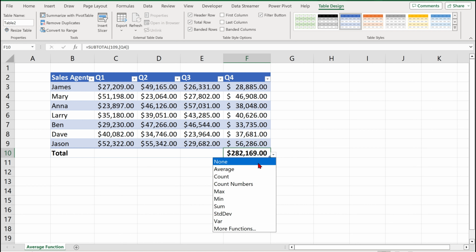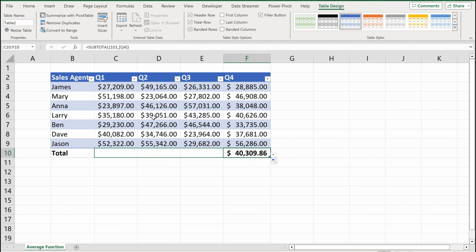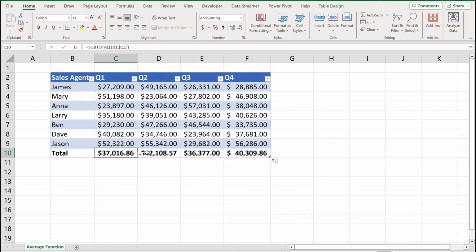Select the drop-down box, and you'll notice you have all of these functions available. So for this example, we'll press average. And you can also drag this across to your other columns as well, which will add that average function to